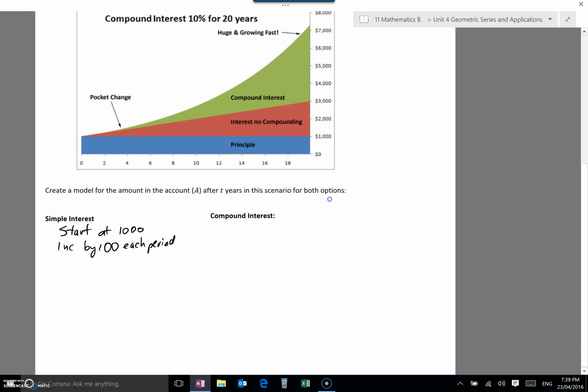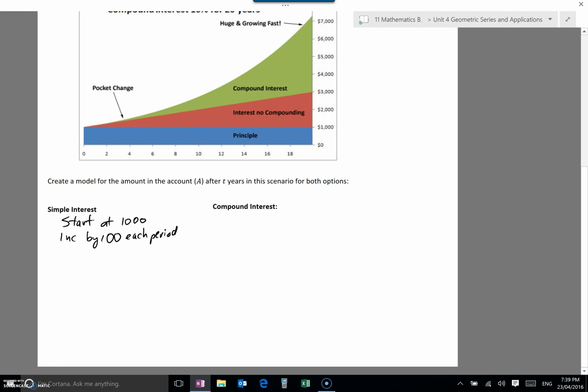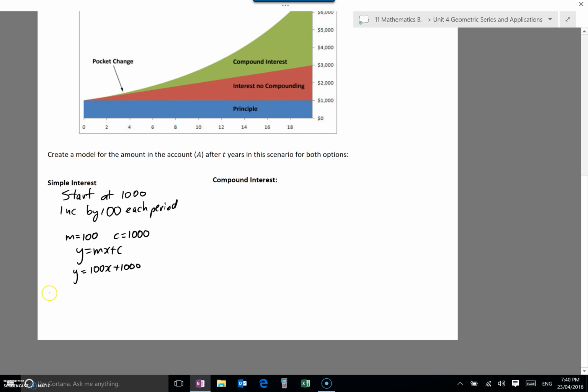So if I wanted to make a model for that, I'm thinking, is it linear or an exponential model? Hopefully you come up with the idea that it's linear. The gradient or the increase for each extra year would be positive 100, and the starting value was 1,000. So in this y equals mx plus c form, we would have y equals 100x plus 1,000. Realistically though, we should probably define our variables better and say let a be the amount,